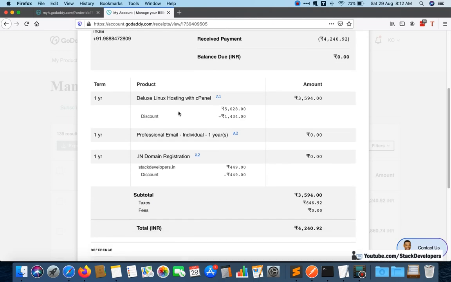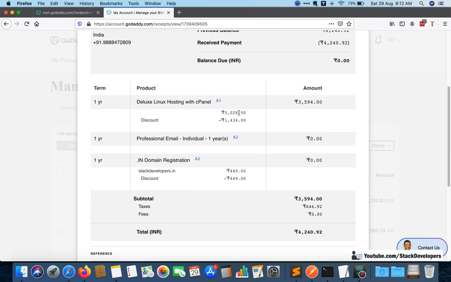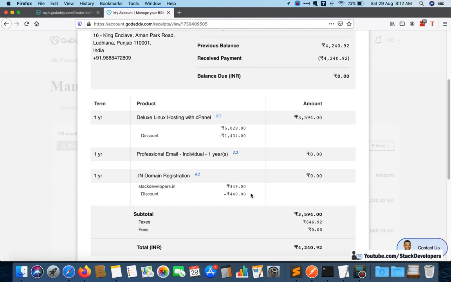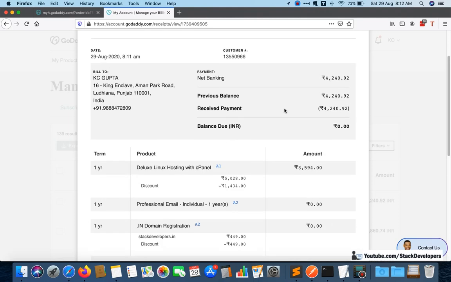Okay, here you can see deluxe Linux hosting with cPanel. Okay, we will also get the email. You see, .in domain also we have got, stackdevelopers.in. Okay, so we have got everything with our purchase, and whatever we have selected we have got it.